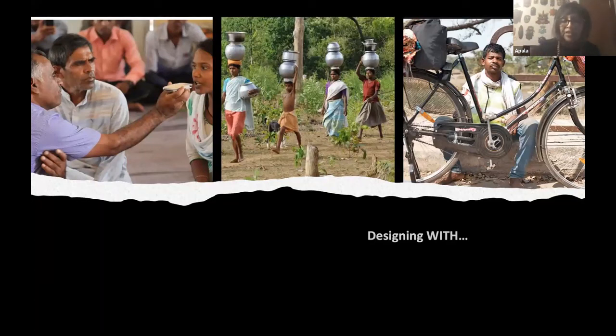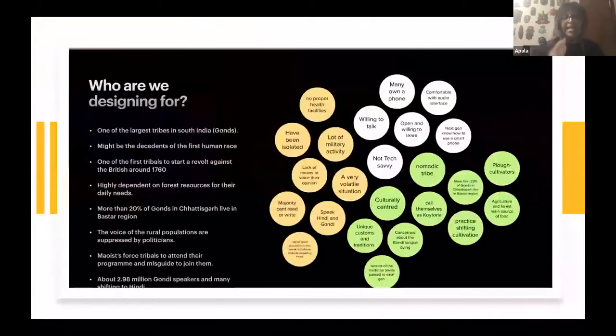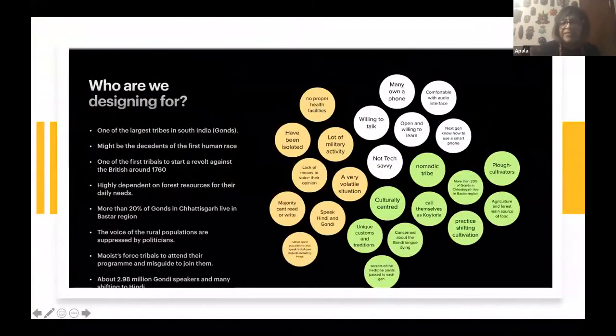And how did we apply critical thinking? Well, what we would have done if we hadn't applied critical thinking, if we just did our traditional design process. So let me show you in a moment. Who are we designing for? People who are nomadic, tribal, very close to their land. It's shifting agriculture. Most of them speak a tribal language that most of India does not know. They are very isolated, with lots of military activity because of the Maoist movement that's been going on for a while now. They're mostly illiterate, but oral ways of communication work very well. They can't read or write, and so on and so forth, right?